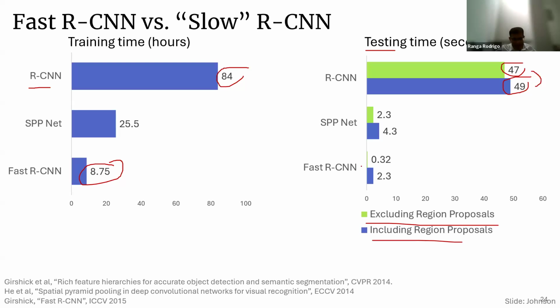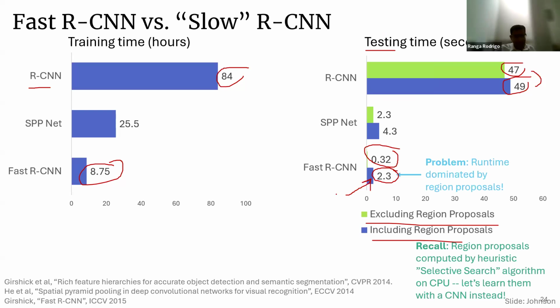But if you take the faster version, fast RCNN, including region proposals it takes 2.3 seconds, excluding region proposals 0.32 seconds. Now you can see region proposals take so much percentage of the time. So they wanted to get rid of that region proposal step, also called selective search, that was based on a conventional technique. So for that, what they did was